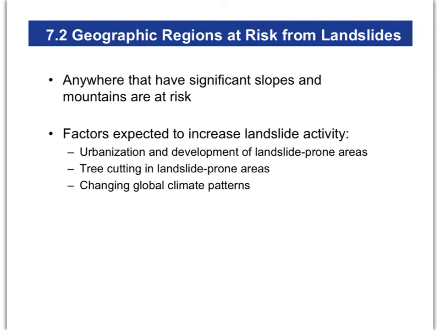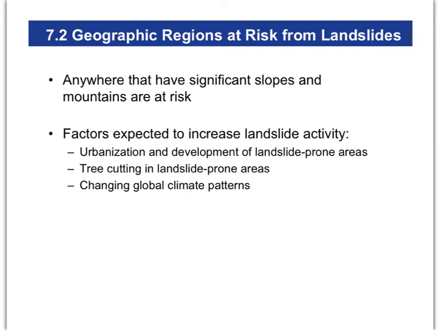This is chapter 7, section 2. We're going through mass wasting. And the first section has been on what causes things like landslides and other mass wasting events. Sections 2 through the end are going to be evaluating risk and how to mitigate landslide risk and things like that. So what kind of places have risk for landslides?